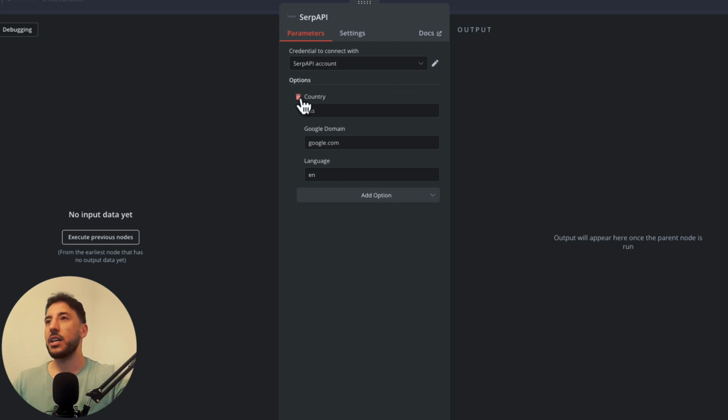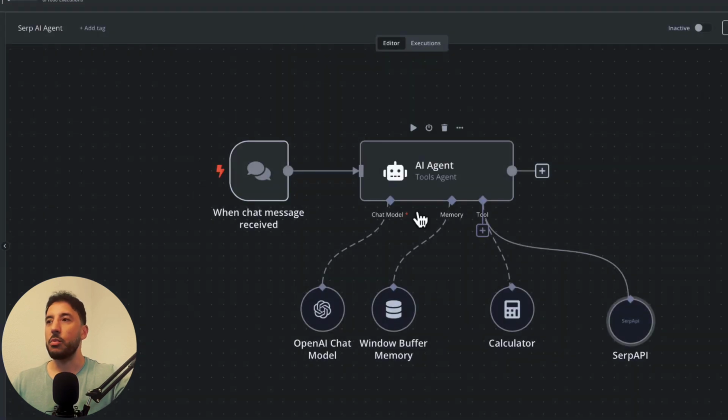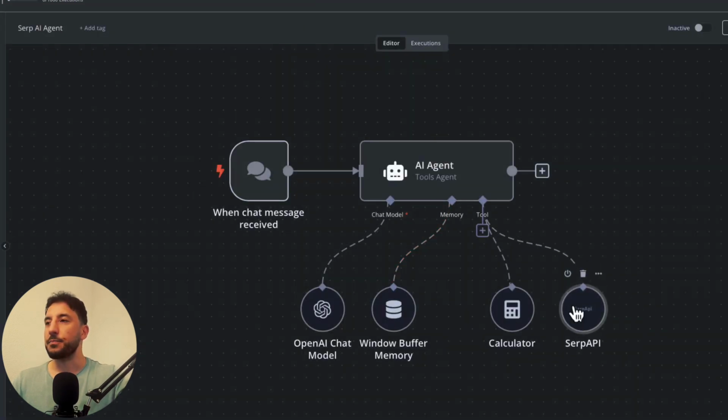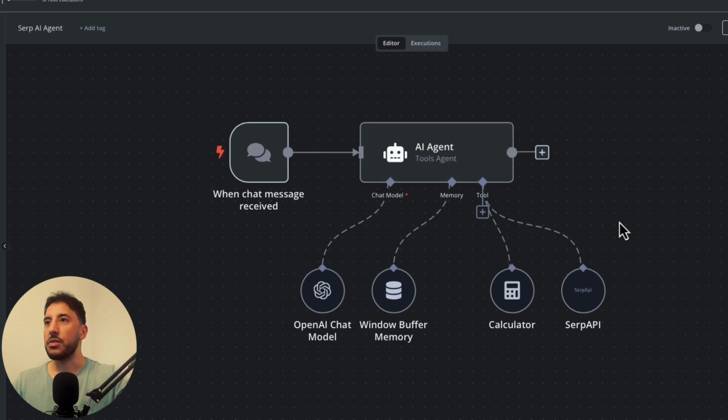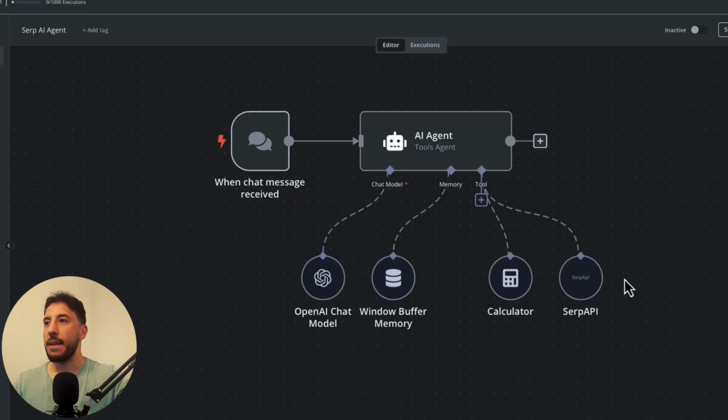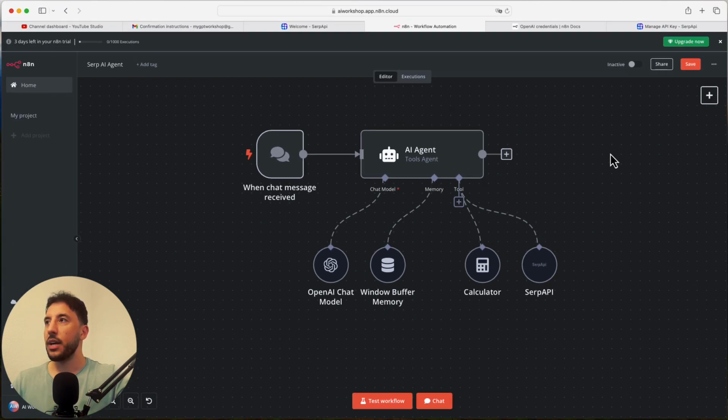So for now, I'm just gonna leave it as it is. Let's just get rid of these and let's test it out. And we can always come back and test it later on to see if we can limit it to a certain country. All right, so we're good to go here. Let's go ahead and test this. I'm gonna come and save this here. It's always good to save. Okay, so let's go ahead and test this.